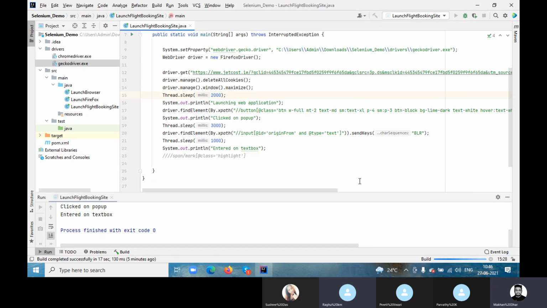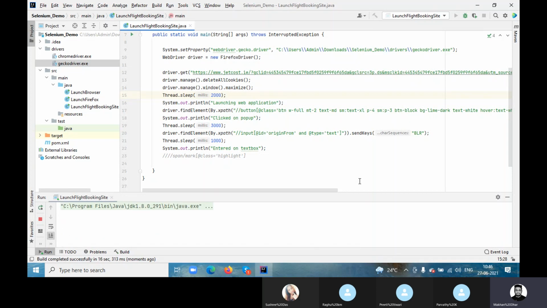Or else you can try with starting 3 letters. It will show what our name in that. Yeah, let's see BLR, whether once I type it, I should get the suggestion once I type BLR. Let's see.